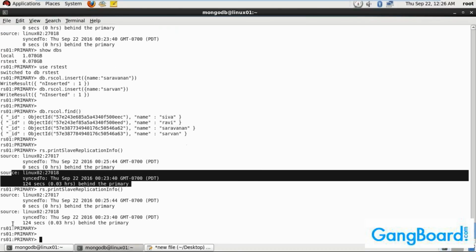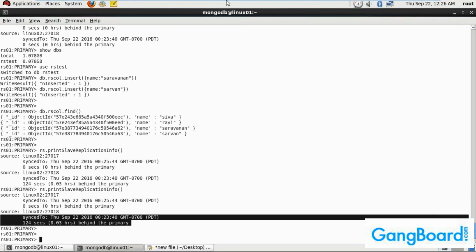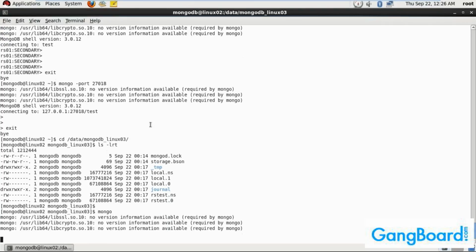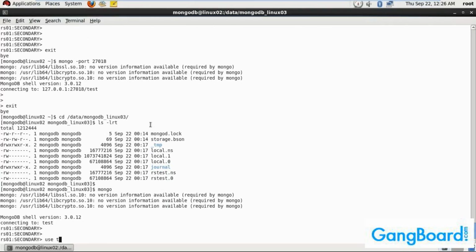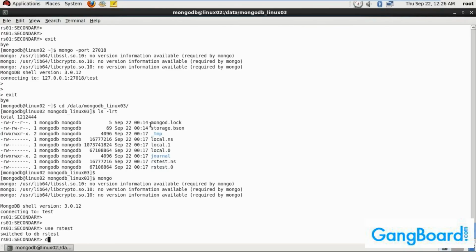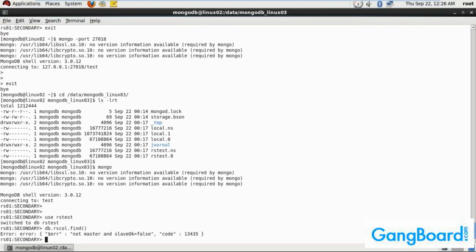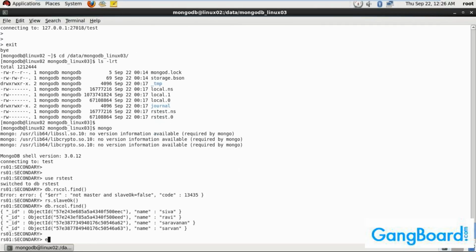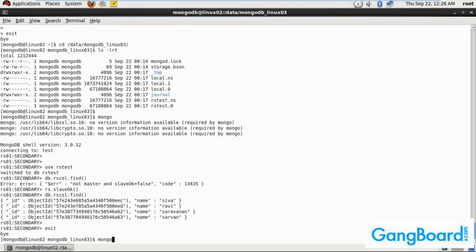Now you check again, this much delay it has. Now you go and check on both the nodes. Connect with mongo, use rs test, db.rs collection.find. You need to do slave okay. Here you can see 4 records. But if you connect to the third instance, port 27018,